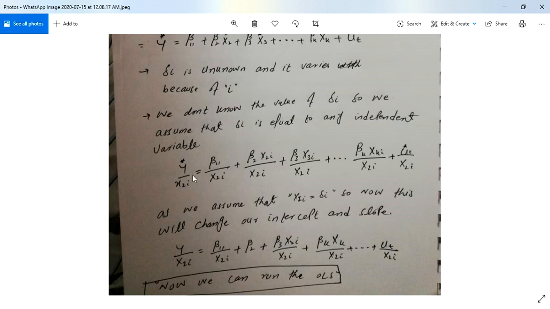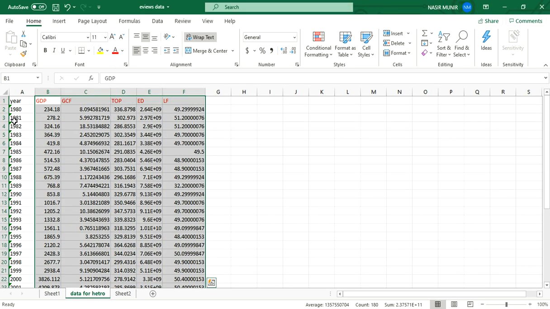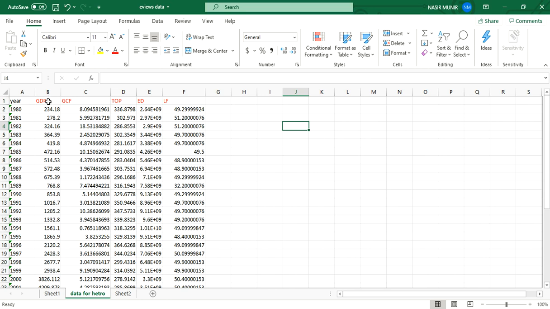In an Excel file it is very easy. Like you have data here. This is our dependent variable, and these four are our independent variables. What we have to do is divide all these variables, independent and dependent, by any one of the independent variables.